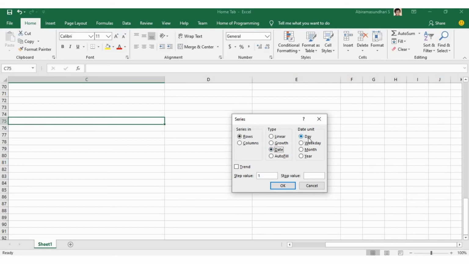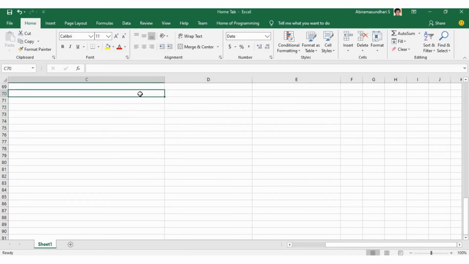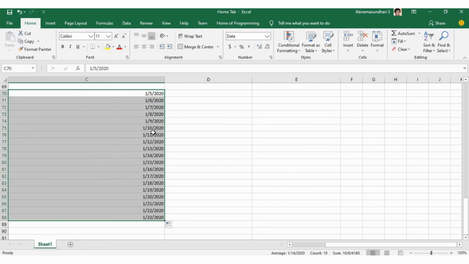In that I am going to use the date unit as day. To provide a range of date values, you can provide only one date in a particular cell, and if we click on this particular handle and drag down, the date will be incremented downwards. Here it is in the format MMDDYY. Here constant means that when we complete 1 year, the next record will be displayed.